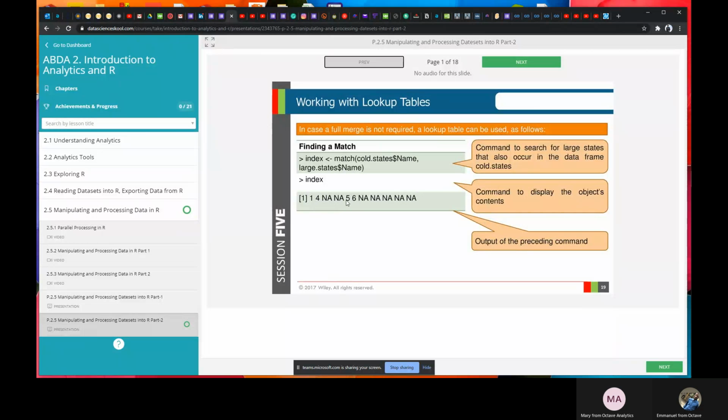These are the ones that have a match. This one that gave me N means there's no match. So just give me those indexes. That's how you work with lookup tables, to find out whether an entry actually matches, so you can see something out of that.